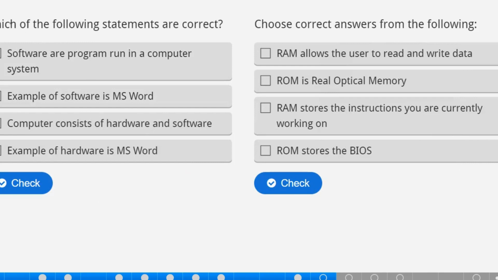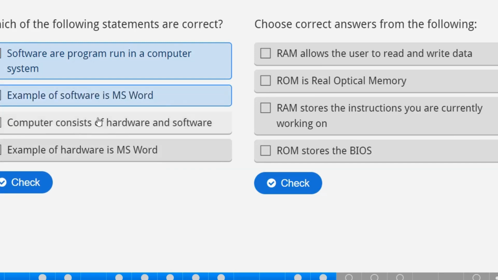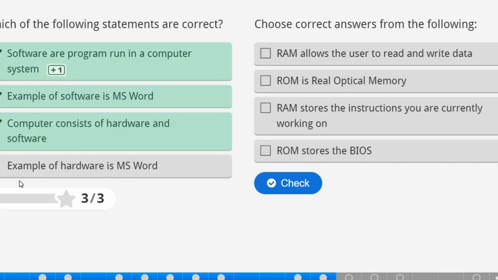I have one activity for you here which says, which of the following statements are correct? Software are programs run in a computer system. Yes, this is correct. These are programs. Then examples of software is Microsoft Word. Yes. Computers consist of hardware and software. Exactly. Examples of hardware is Microsoft Word. No, Microsoft Word is a software. It's not a hardware. So if you check it now, these are the 3 things that are correct about